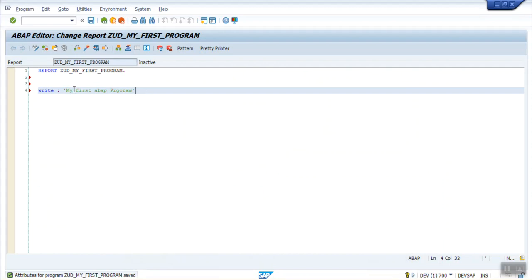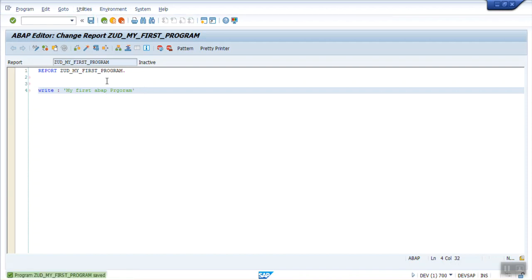Now here all the keywords will automatically display in the blue color. You can see this is a keyword, so you can easily identify in the program what are the keywords by looking at the color of the keyword.